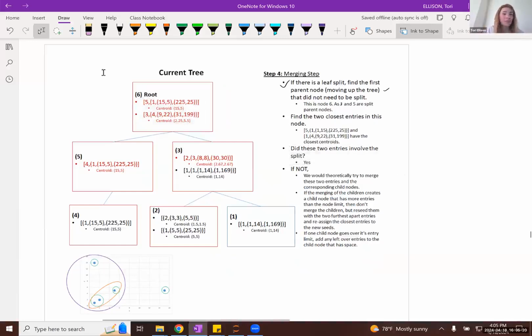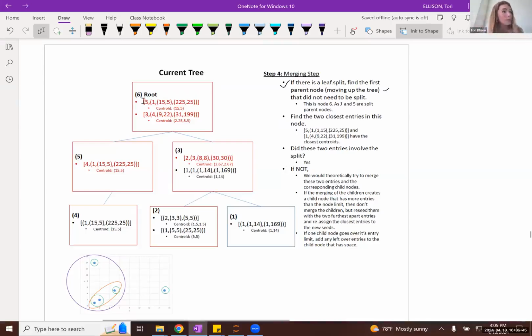In our case, the answer is yes, because these two nodes actually were split, and that's what led to the creation of these two entries in this root node here. So if the answer is yes, then you basically don't do anything. Step 4 is not activated.